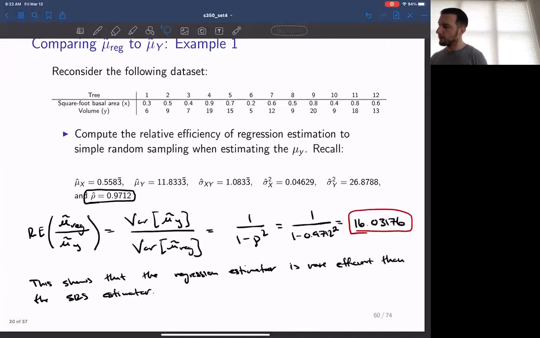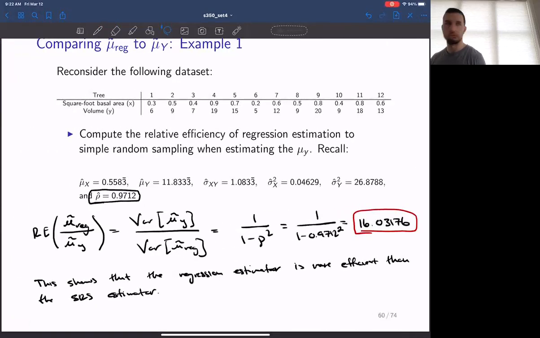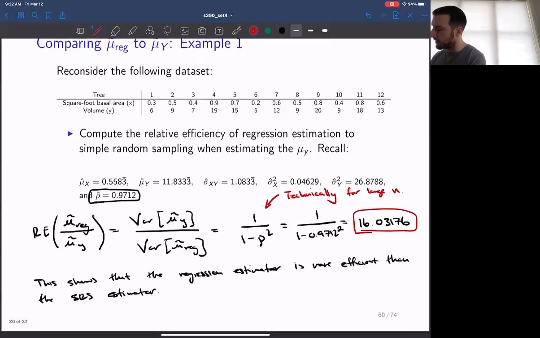I also wanted to point out here that the comparison for the regression estimator to the SRS estimator can further be simplified in a different way. So we have this simplification shown here. And we noted on the previous slide, so technically, for large n. Now, if we wanted to compare the variances directly,